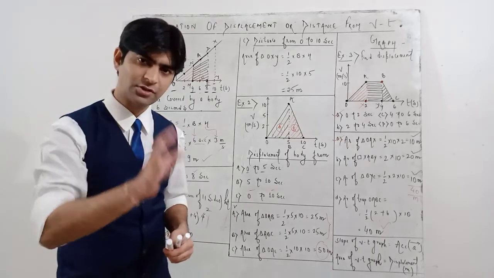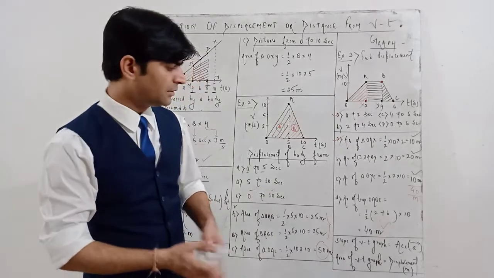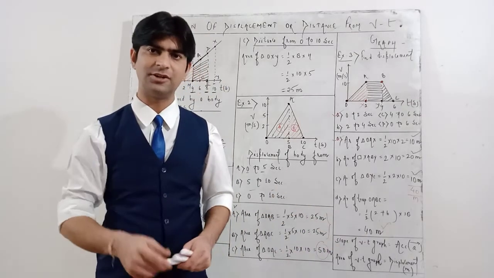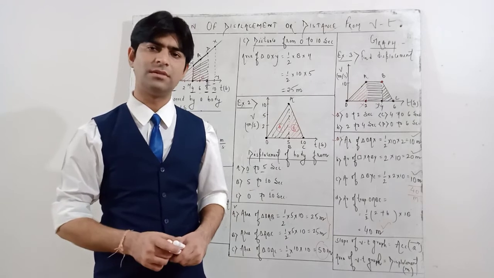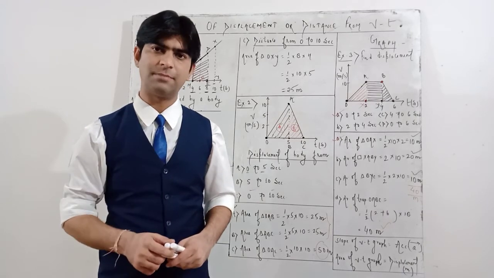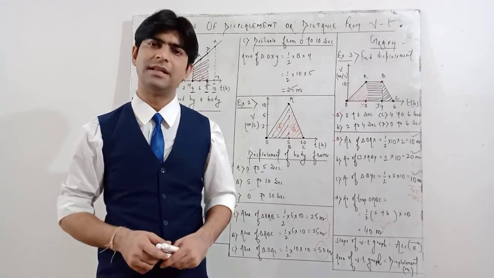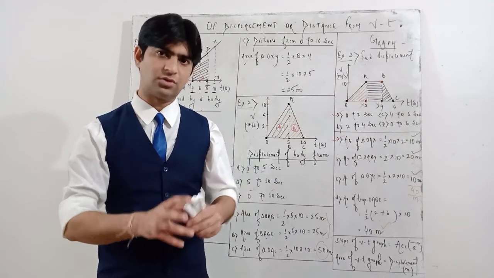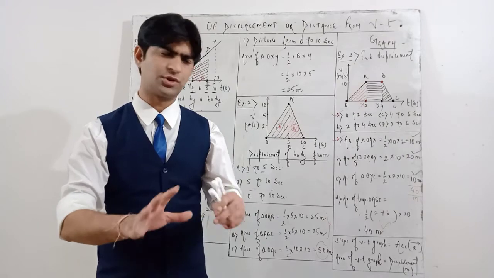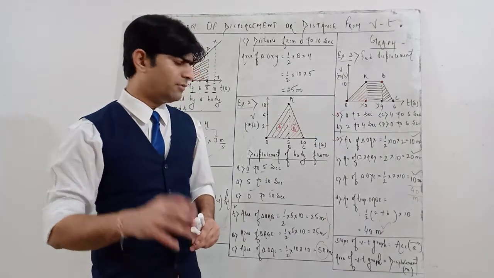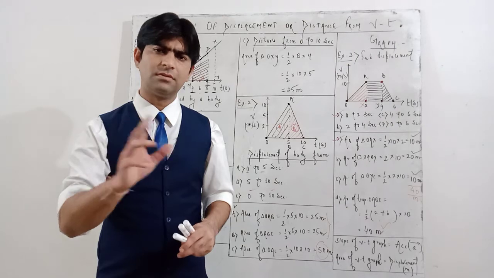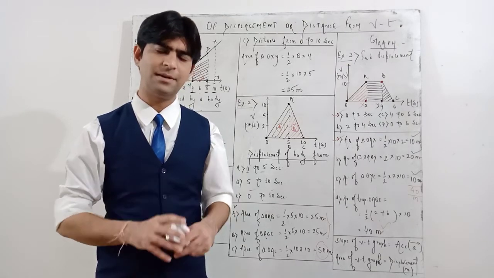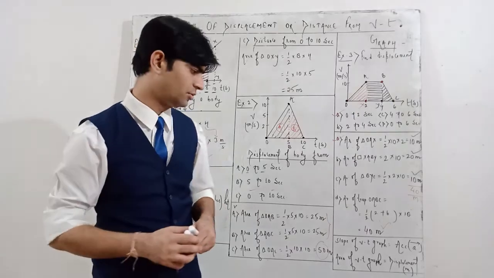So the key point of today's class is that the slope of a VT graph gives acceleration, which we discussed earlier. You must watch all my lectures of this chapter. The links are provided in this chapter, and in my previous video you may also get all the links of this chapter: Newton's laws of force, motion, everything. And for notes and everything, you may write to yogeshpopat28@gmail.com. You may send me an email, and I may send you the notes also.